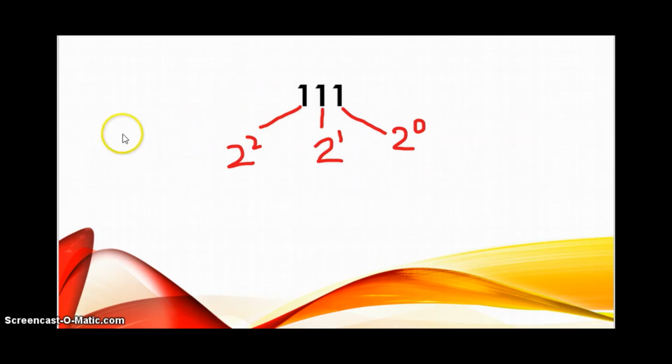Then the next number, the place value will be 2 raised to the power 4. This is the first step. Now the second step is to multiply each digit with its place value. So you will write 1 into 2 raised to the power 0